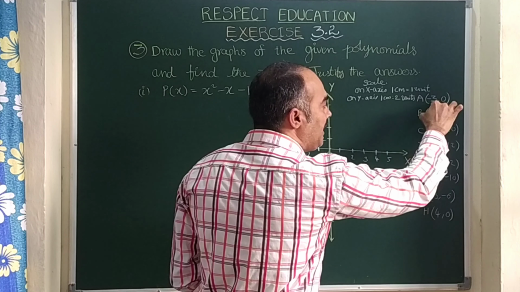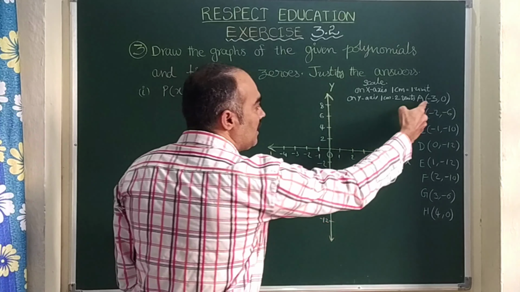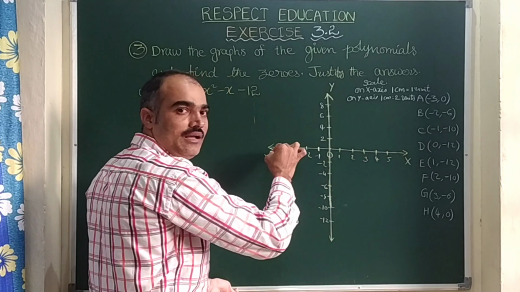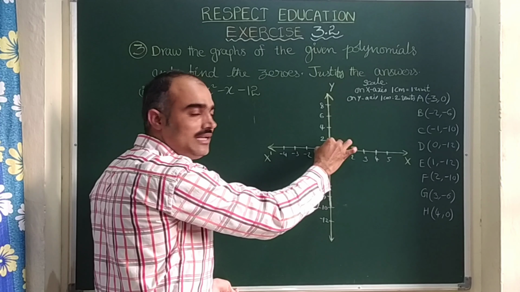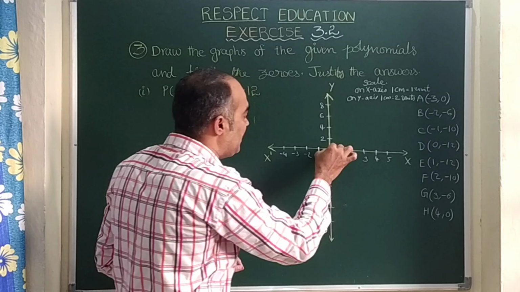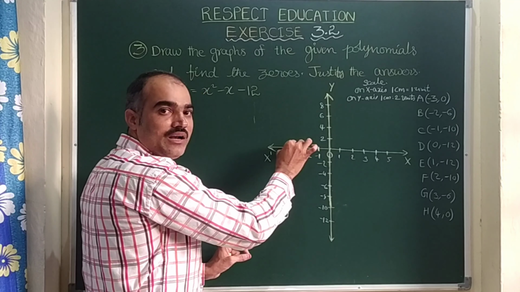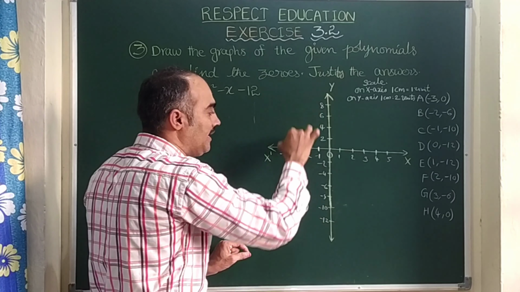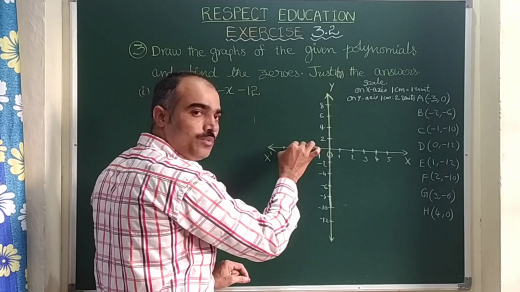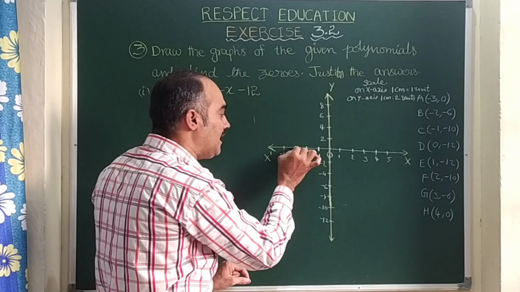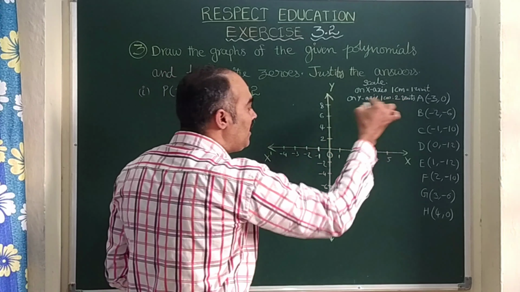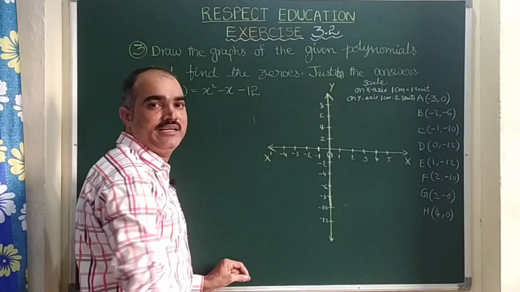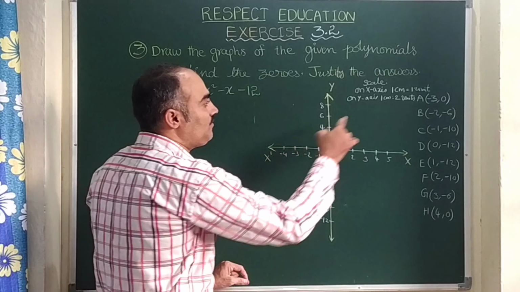See, first one minus 3, right? Always you start your bike on the x-axis only. Always you park your bike at O initially. Now the first value is minus 3, so I am coming to minus 3. Now my bike has permission to move only on this minus 3 line. If the y coordinate is positive, then I have a chance to go up. If the y value is negative, then I will get a chance to go down. If y is 0, I need to stay there itself. Is it clear, children?